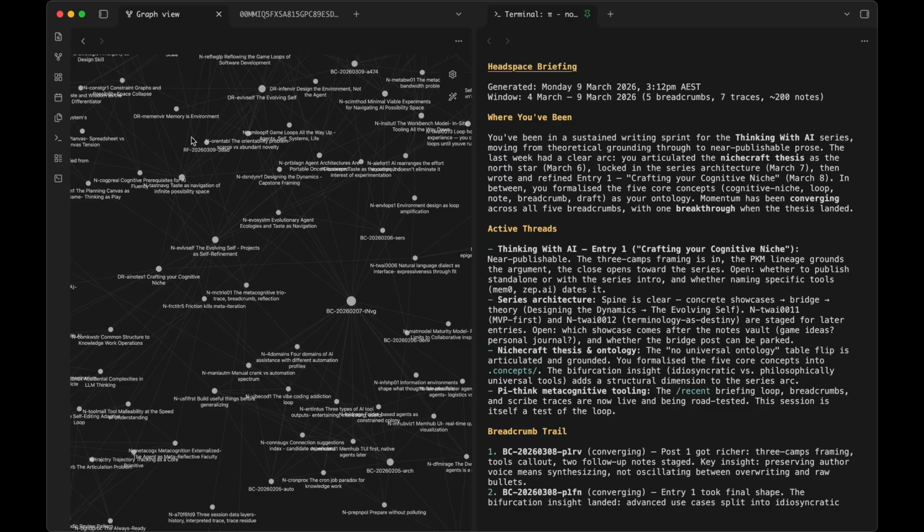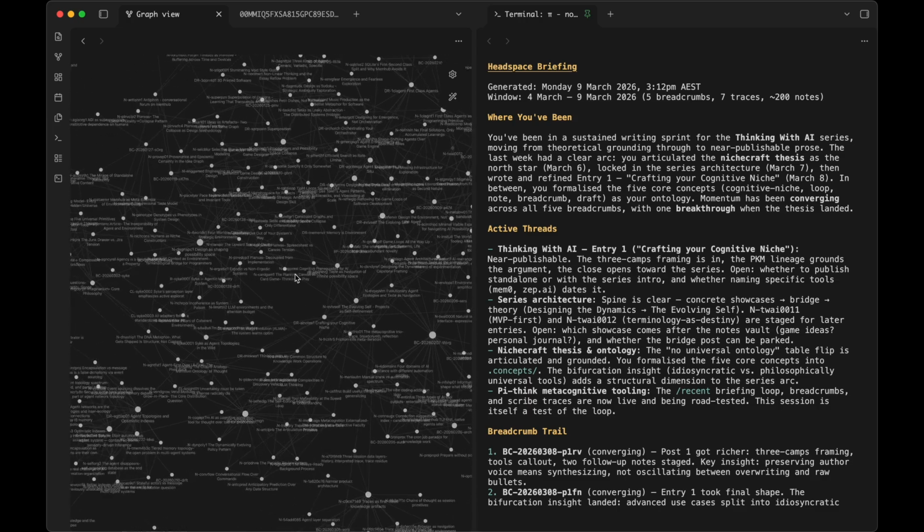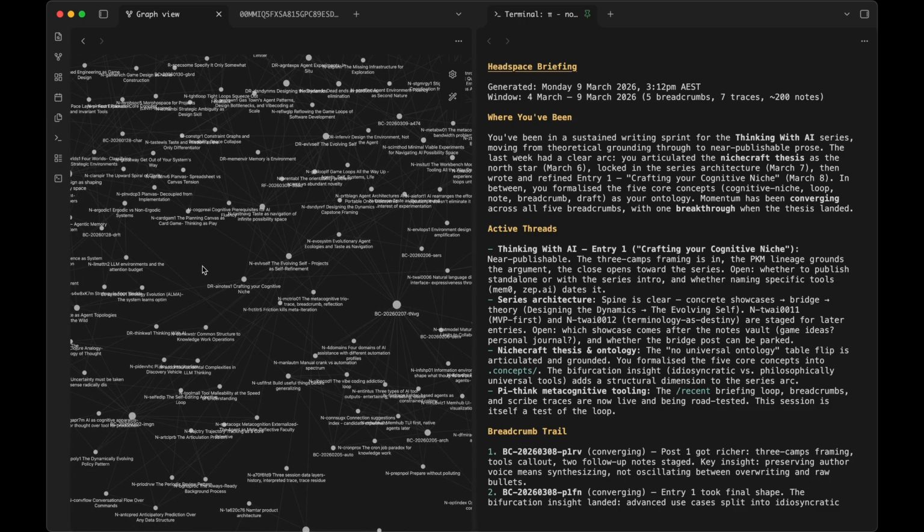I'm in Obsidian. This is the graph view of this vault that we're in here, and this is the collective set of all the notes behind my Nichecraft Substack newsletter. So the thinking that I've done about agents and tools for thought and memory systems and networks of agents and how you should think about them as a design primitive and create tools to work with agents. All of it is in this one area here.